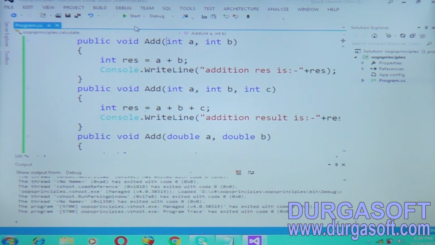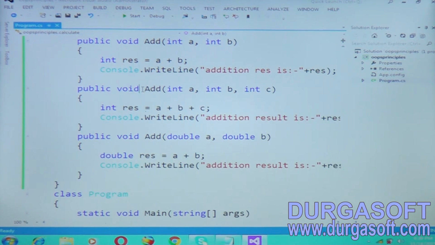This is how we do function overloading with the same name. You can observe that the three methods have the same name add, but the types of the parameters have changed. That is, the data types of the parameters have changed, and the order of the parameters you can also change if you want. That is, you can put int c, int b, int a like that. And the number of parameters, here two parameters are there, here three parameters are there.